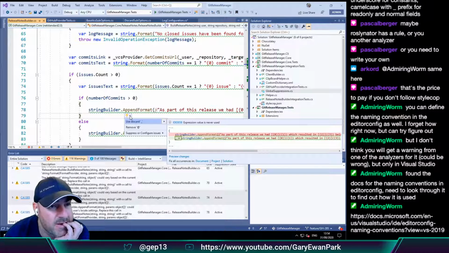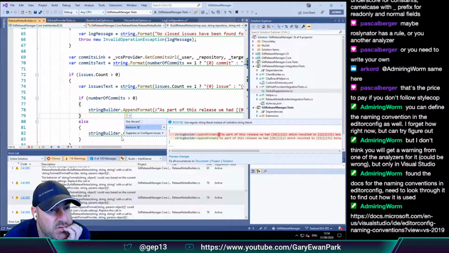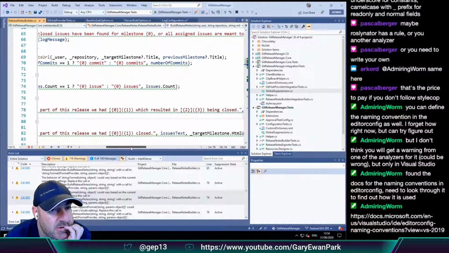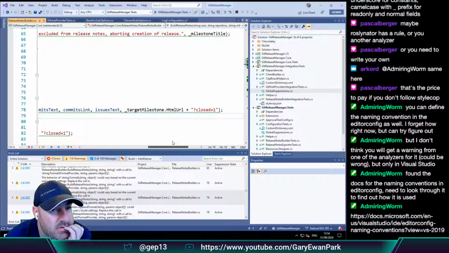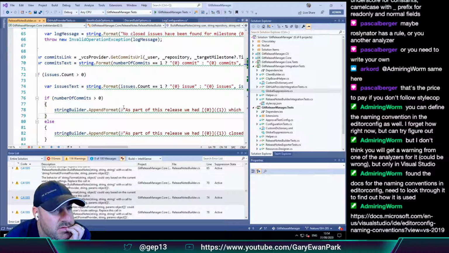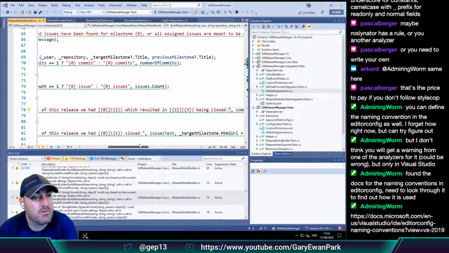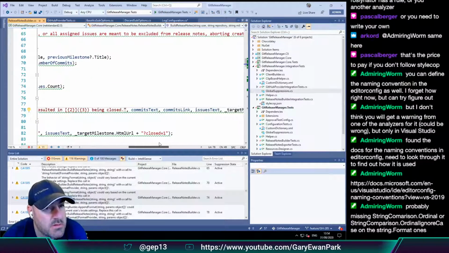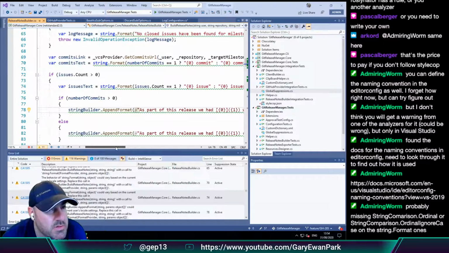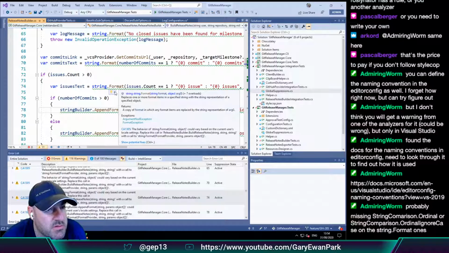What now? Expression value is never used. So it wants us to remove the @ symbol. I'm curious about this one now before the format one.